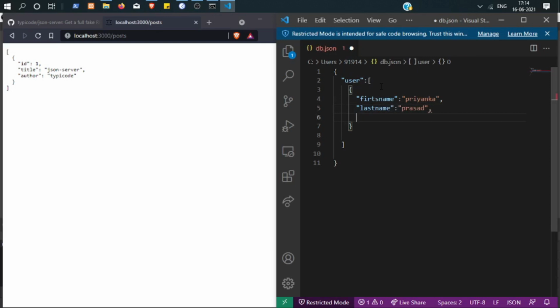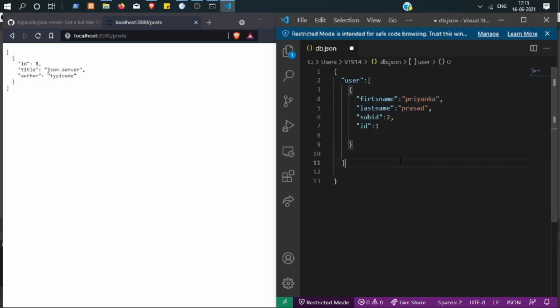Now let's take subject ID. And let me take one other ID, that is ID, let's take 1. This is our one piece of information of one user.